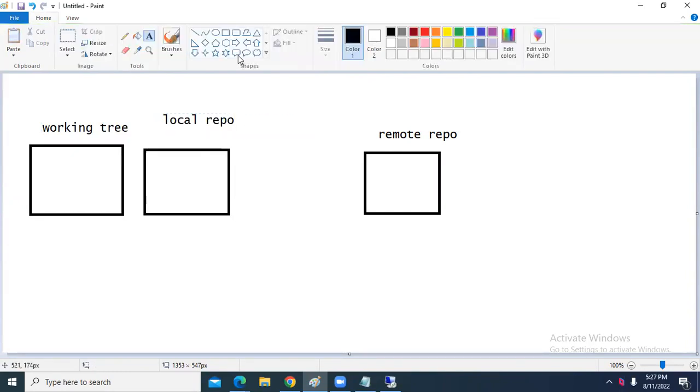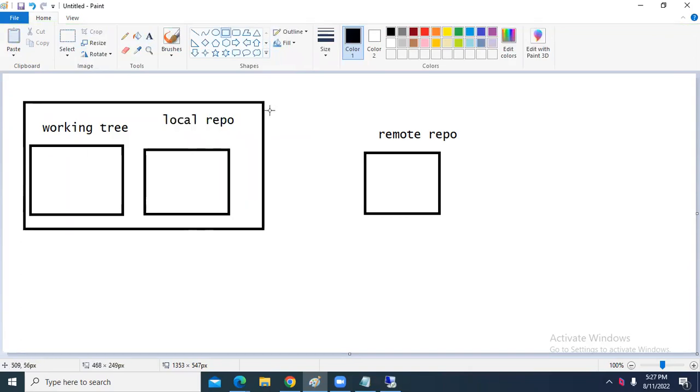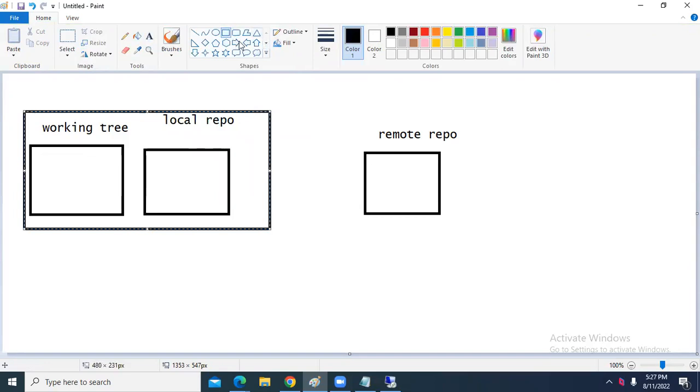Okay. So combined, this is called our local laptop. First we have to move the code from the working tree, from Visual Studio Code, to the local repository. From the local repository, we are going to move the code to the remote repository. So in our case, the remote repository is Azure